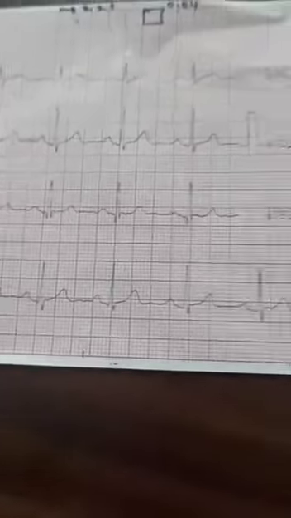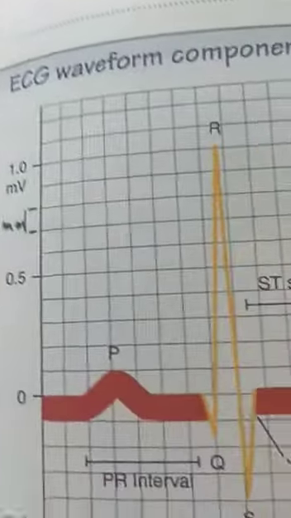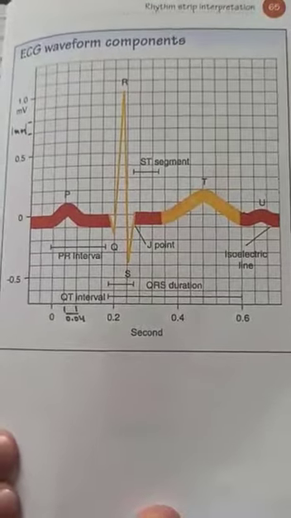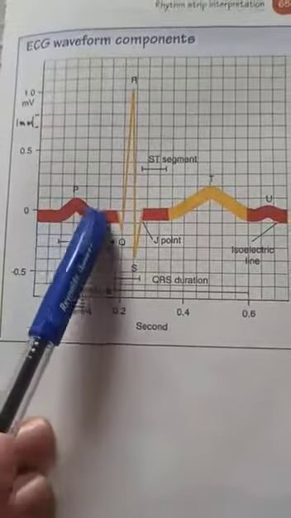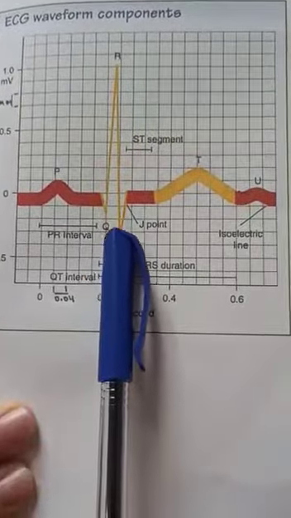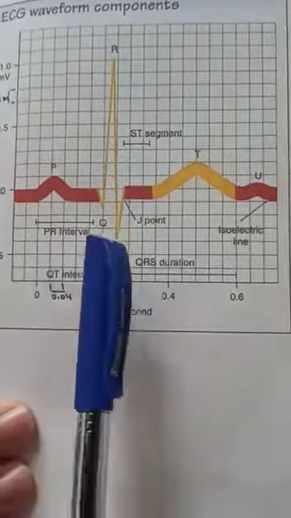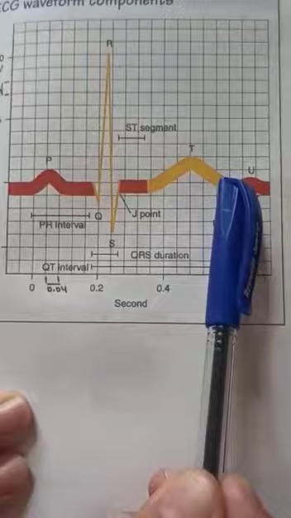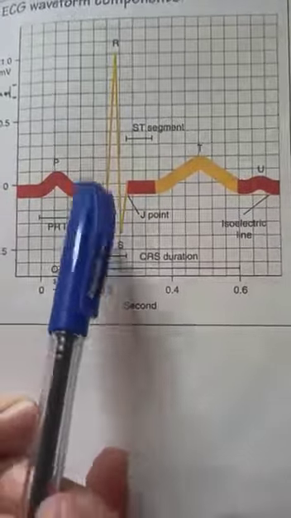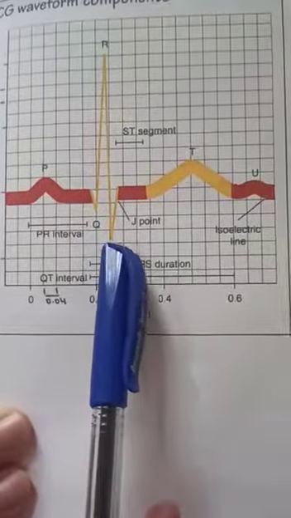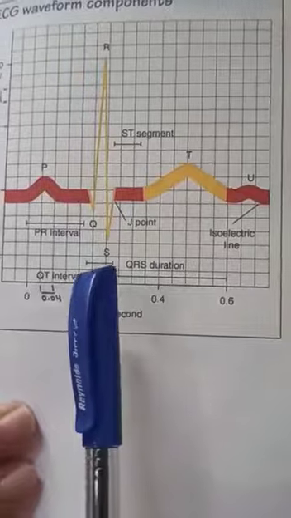So what I will be showing you is that you can see here also, in this ECG complex we have 5 waveforms, which we label as P wave, then Q, which is the downward deflection, R, S again the downward deflection, R is the upward deflection. So this is Q wave, this is R wave, this is S wave, and then we have the T wave. So we take this QRS as a complex. We take it as a single unit, that is QRS complex. You can see here as well, I will show you on this.